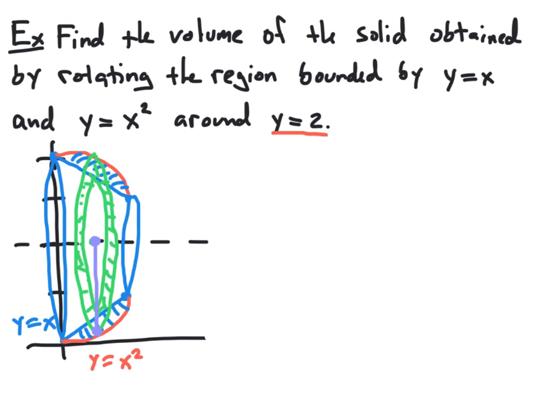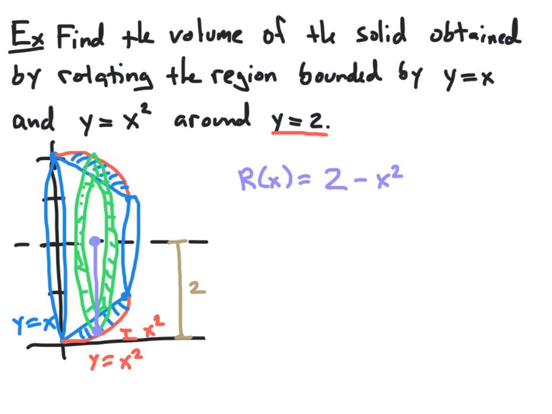Now, the distance between that corresponding point on the red curve and the x-axis is known to be x squared. We also know that the total distance from the x-axis up to y equals 2 is exactly 2 units. By looking at the purple segment, the red segment, and the gold segment combined, we can see that our purple segment, which is our outer radius, is going to be the whole distance from the x-axis up to the center of the washer, which is 2, reduced by the distance from the x-axis to the red curve, which